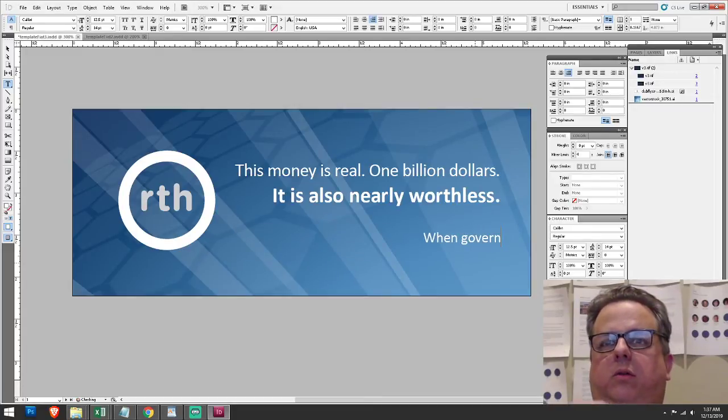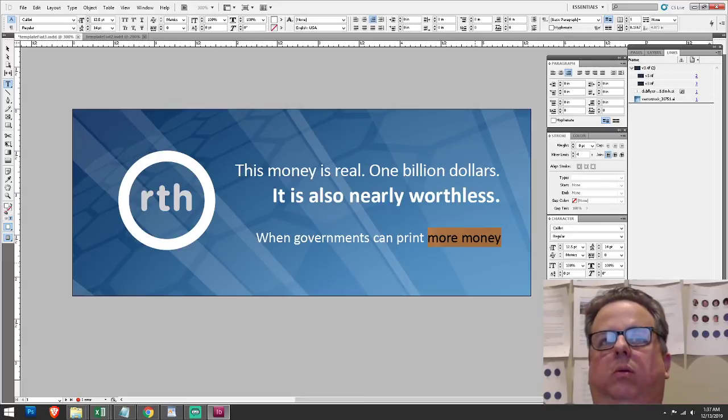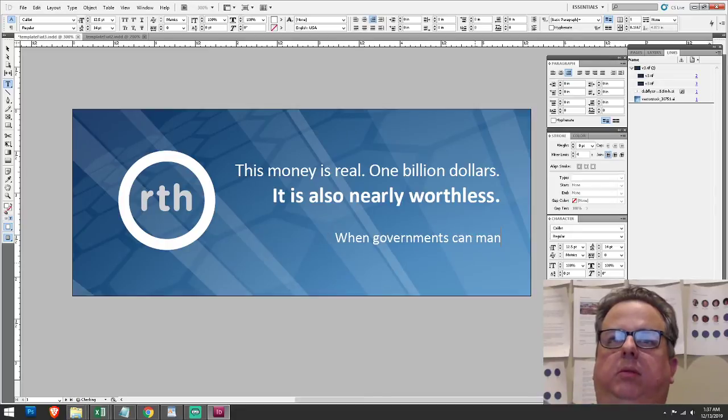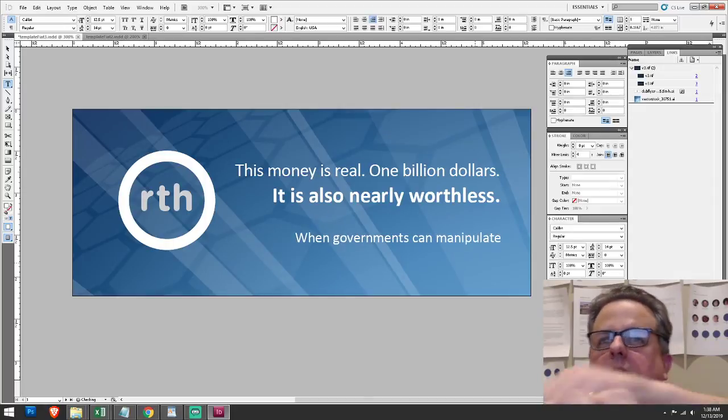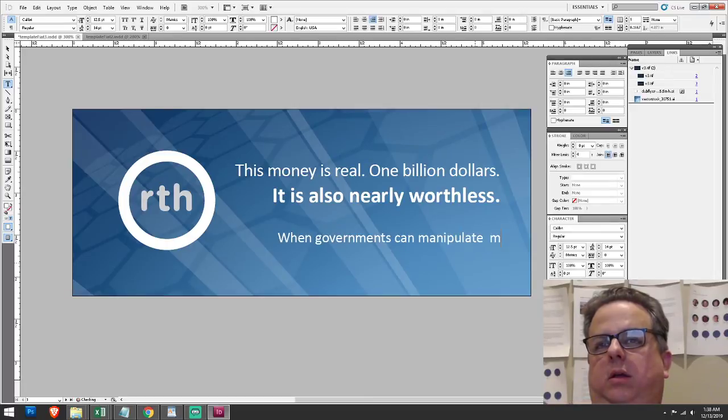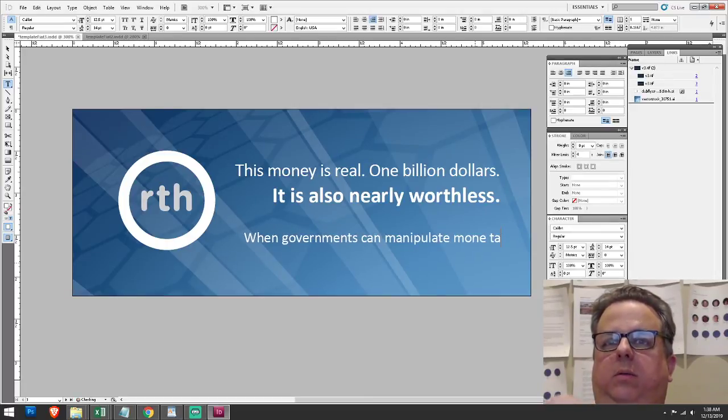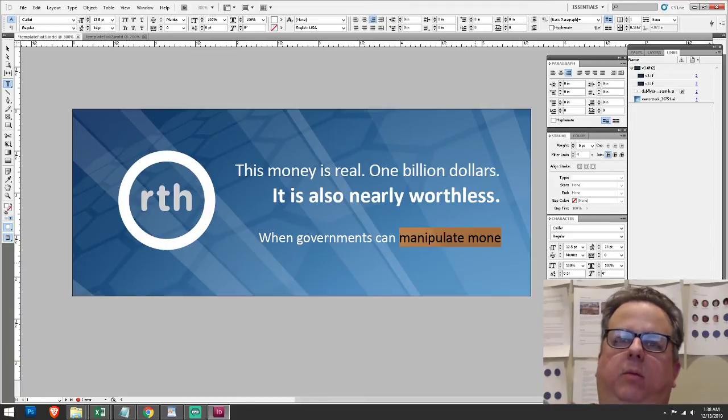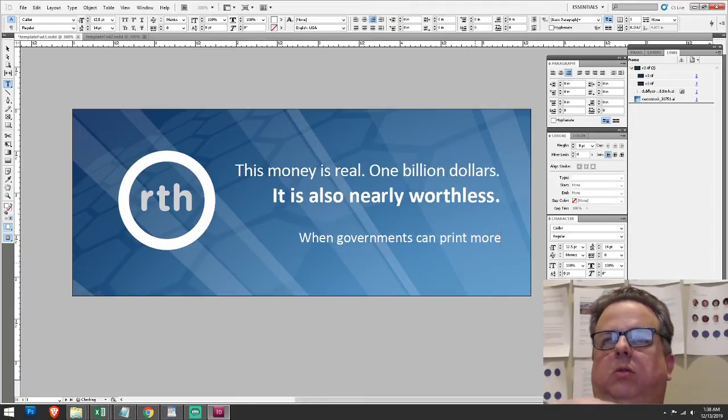When governments can print more, when governments can manipulate, we're losing those 8-year-olds though. When governments can manipulate, let's get rid of that. When governments can print more money at will. When governments can print more money,